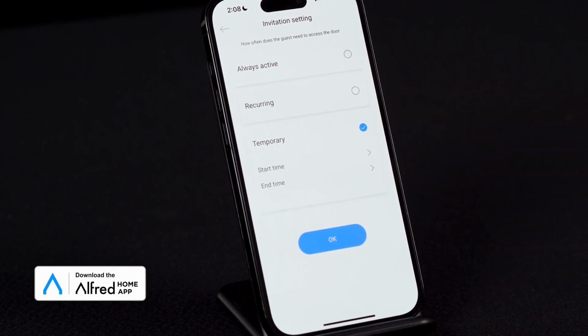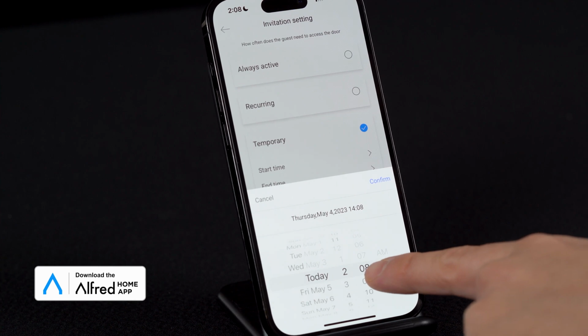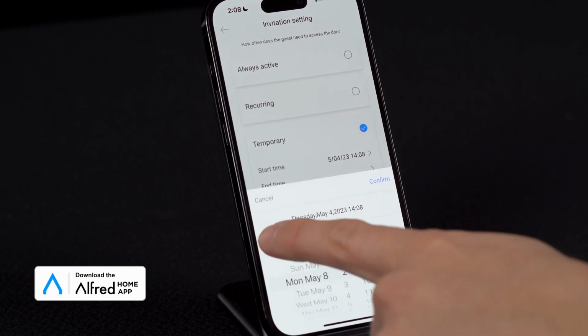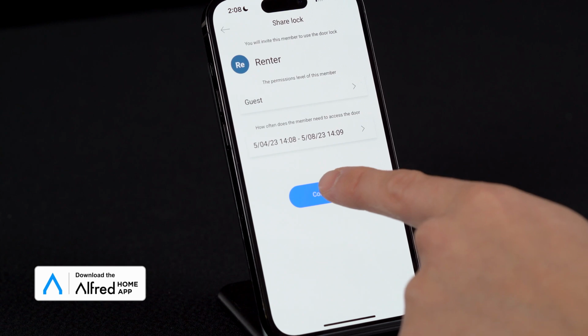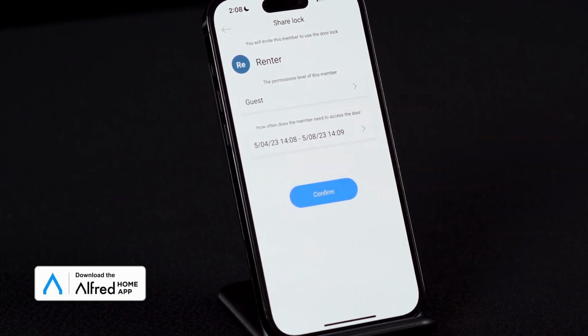We're going to select temporary, and we're going to select which days they're going to be there. So today between 2 o'clock, and we'll say they're leaving on Monday at 2 o'clock, and we're going to hit OK. This is going to allow you to send a digital Bluetooth key to this renter that only works during